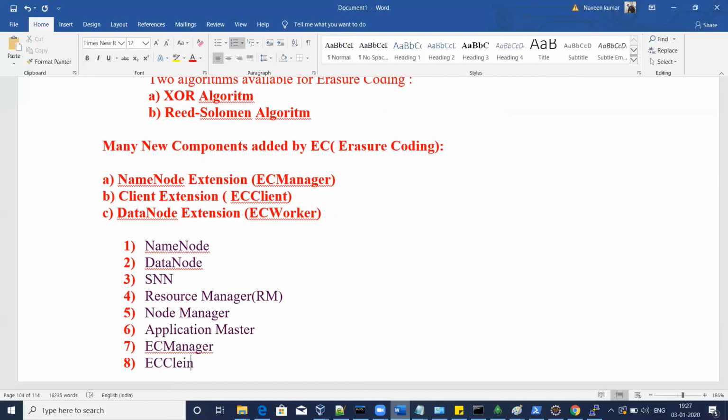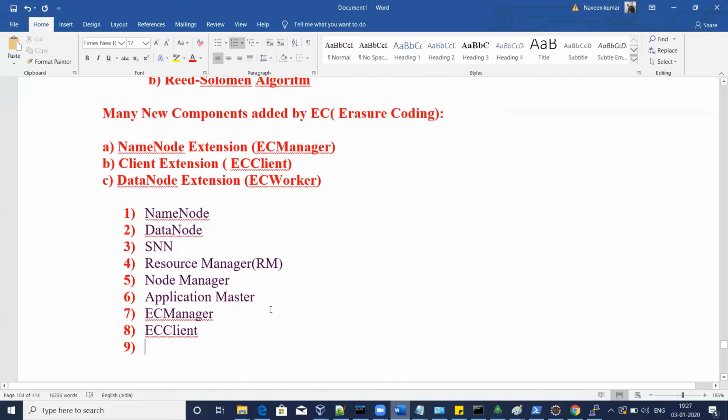So EC client is also a daemon thread in Hadoop 3, and next is the data node extension thread, or you can call it EC worker. This thread is running on the data node, and EC manager is running on the name node, master node. So these are the extra daemon threads running in Hadoop 3.x.